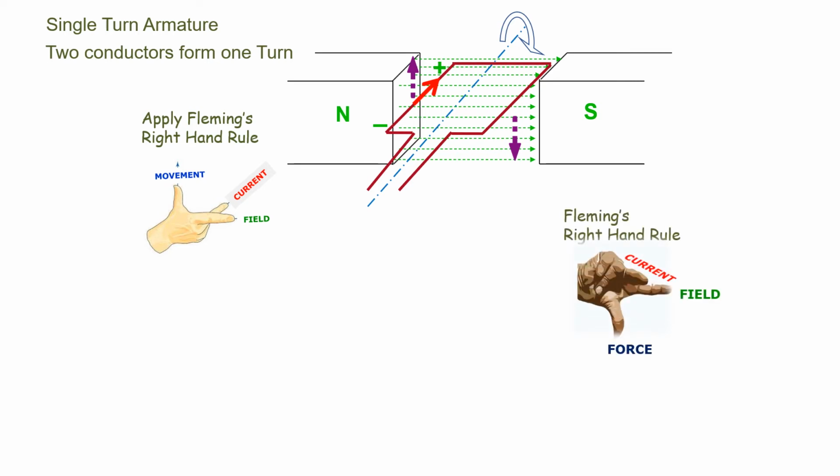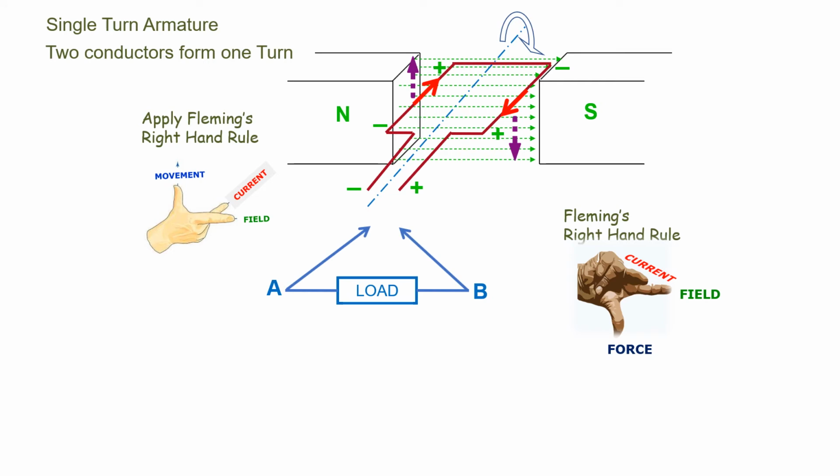Apply the right hand rule to the right side conductor. The movement is downwards, shown by the thumb. The first finger is shown in the field direction. The second finger is towards outside, so the current produced will be outwards. In agreement with this outward current, the voltage polarity will be as shown. At the ends of the turn, the polarity of the voltage will be now as shown.